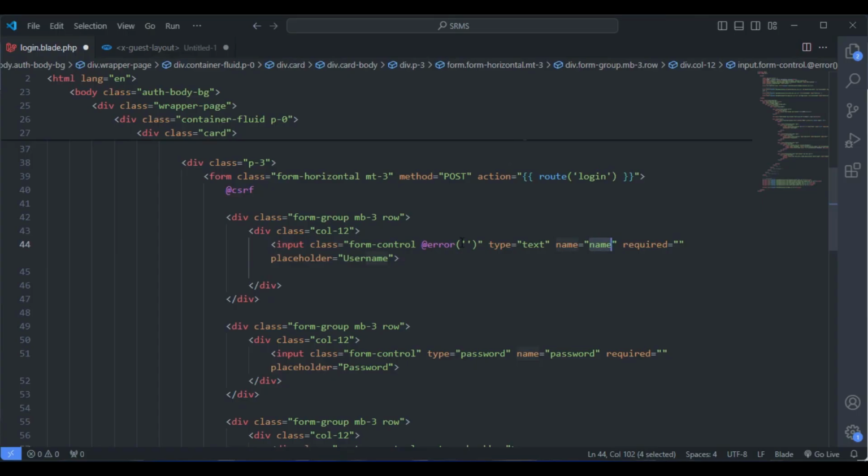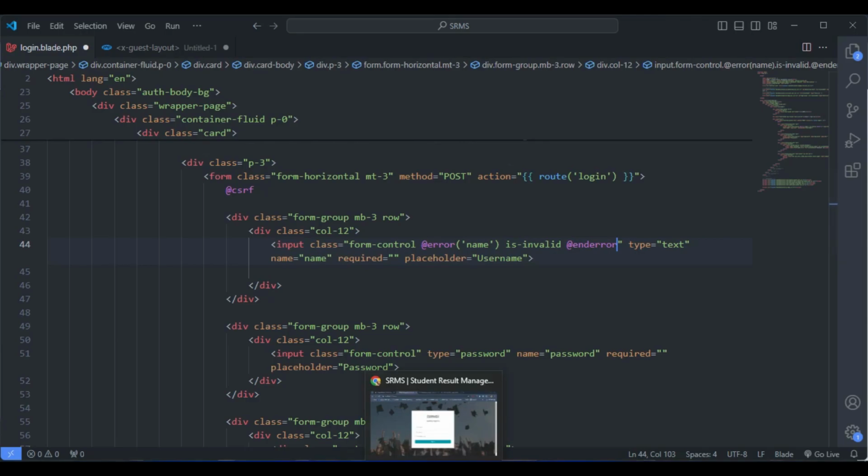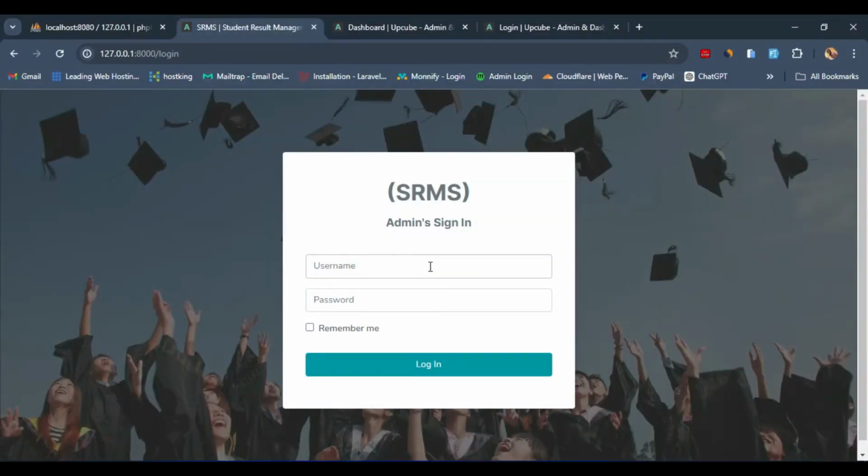Let's go ahead and copy the name, paste it right inside, and then after that we're gonna go ahead and set is-invalid, and then end the error message at end error like so. So this will basically highlight the entire input field with red border indicating the wrong input,